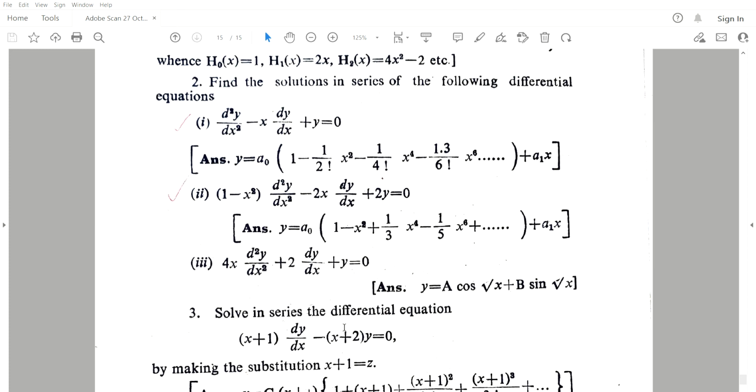In physical problems there may be equations where CF and PI cannot be found. Here the right hand side is zero, but non-zero terms will also come later, that is not that easy. X is equal to 0 is the ordinary point. If x is equal to 0 is the singular point, then you cannot find a CF and PI in physical problems. Then you have to find the series form, because there the polynomial form comes in the series form. These are the methods of solving. This is not problem specific. These are the methods which are used in physical problems.